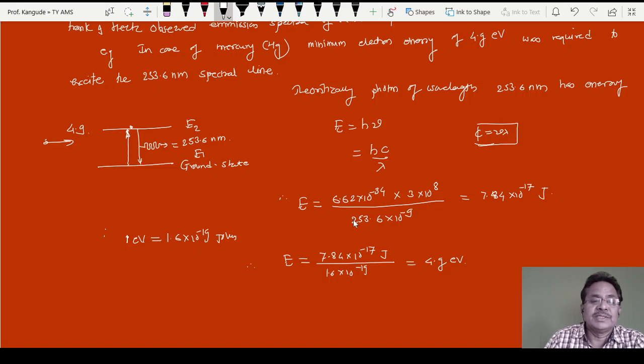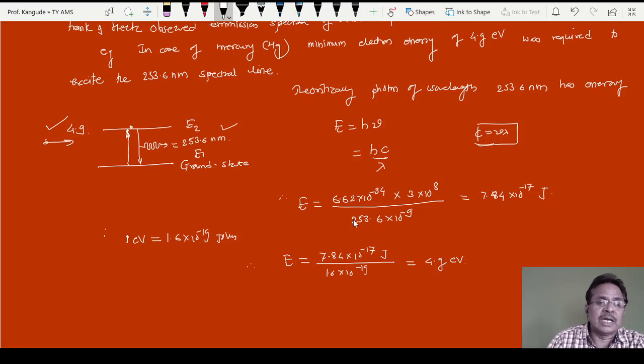So the energy required for this incident electron is 4.9 electron volts, and the energy released in the de-excitation of this mercury atom from the first excited state to the ground state corresponds again to exactly 253.6 nanometers. This is also measured experimentally, and it has been found that these two values match,